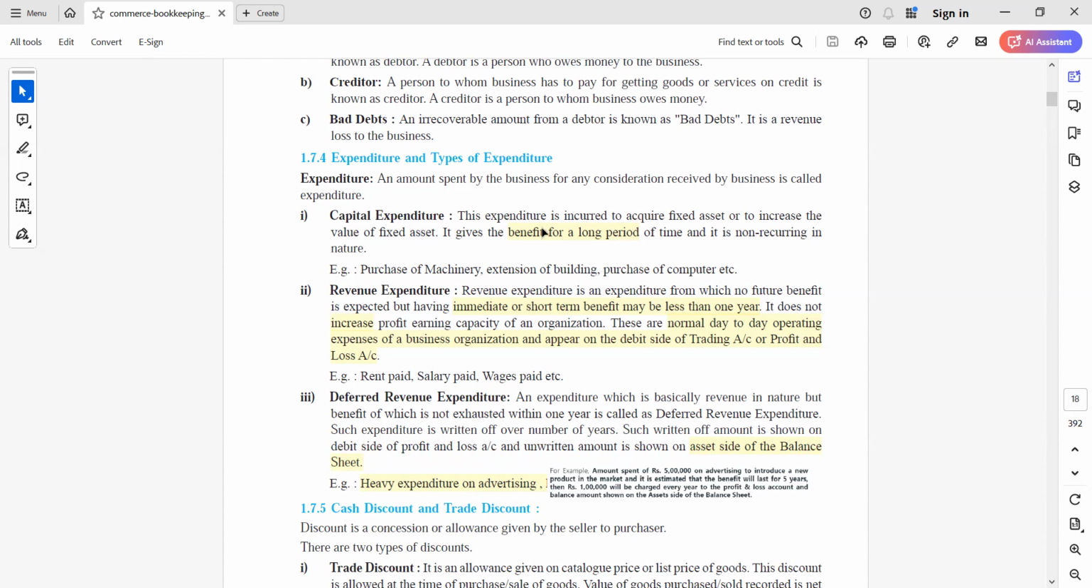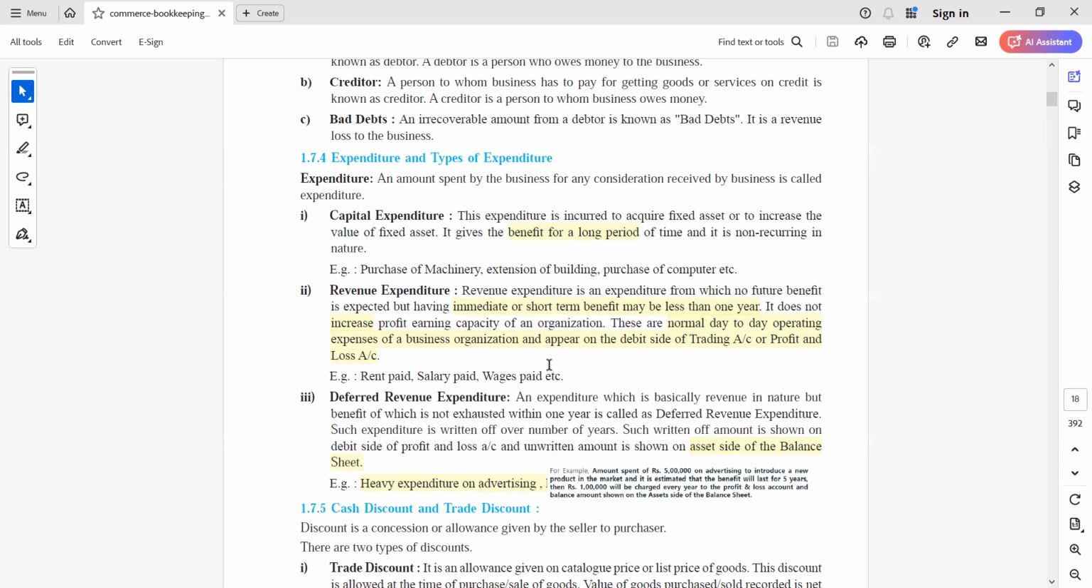And increase the value of fixed asset is if you prepare your fixed asset, like painting or any construction work, additional construction work done in the fixed asset. That is called the fixed asset capital expenditure because the benefit of it will be for a longer period, normally more than 1 year. Okay, so here they have given the example: purchase of machinery, extension of building, purchase of